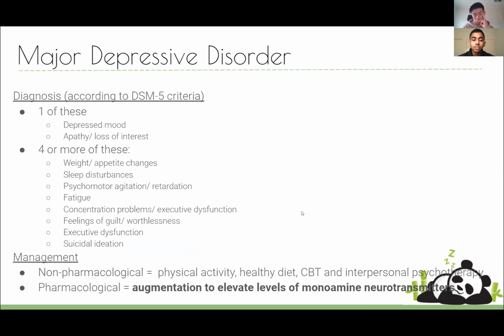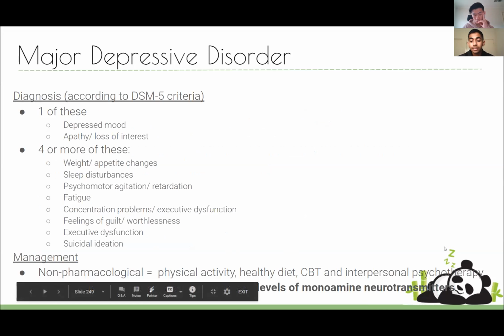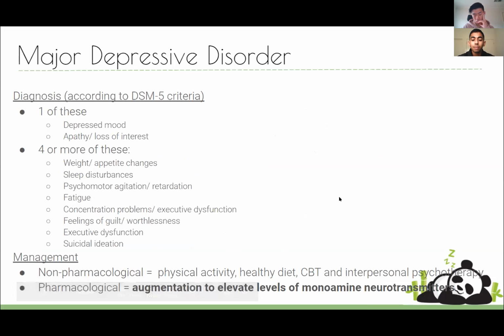How are we going to manage it? Again, we're going to have a combination of non-pharm and pharm. So physical activity, diet, CBT, and psychotherapy. Or if that's not working, we can escalate to pharmacological therapy. And the way that we do that is by increasing the amount of monoamine neurotransmitters that we have in